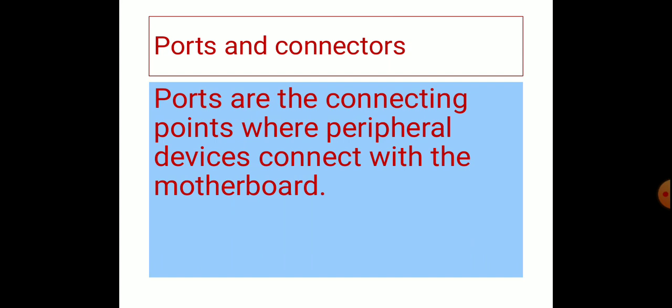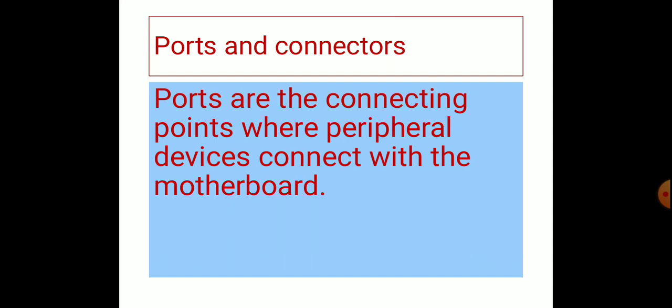Usually it is connected with a socket or plug, which we call connectors. So, a port is a place for being physically connected to some other devices. It is a point where all the peripheral devices are connected.